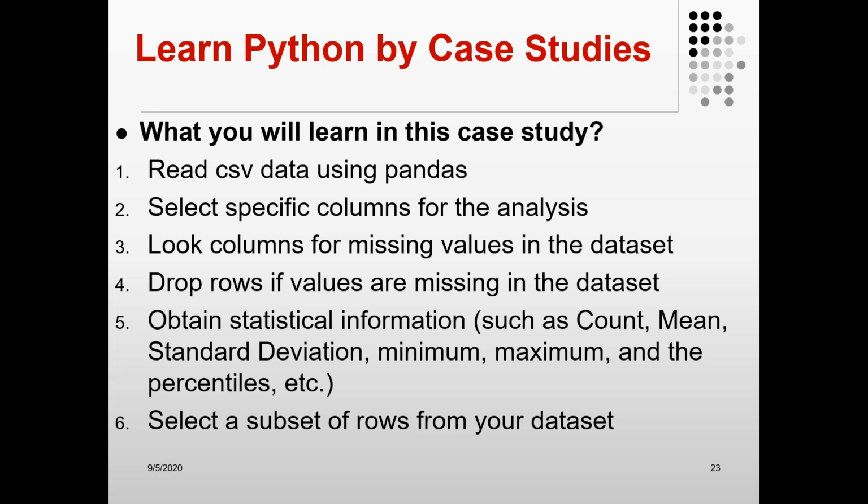And you learn how to select a subset of rows from your data. For instance, sometimes you need to work only on a range of rows for your analysis, so we learn how to choose those rows.